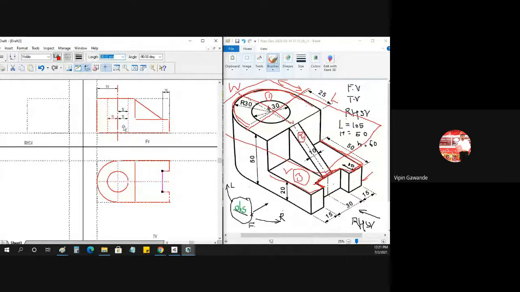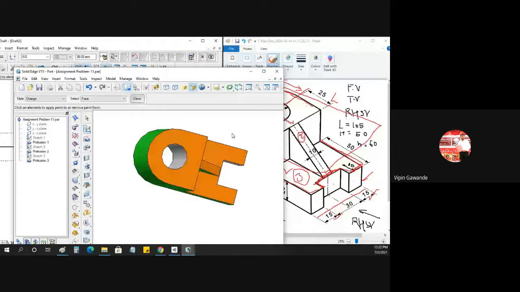Let me change the color of the line. This is a dark line because these are visible lines. Now if I take the dimensions here, let me check. Yes, this is 15, and this is also 15, with the middle 30. So these dimensions, 15, 30, 15, become vertical here. So which part have we drawn? Now if you check in the three-dimensional drawing, we have drawn the bottom part.